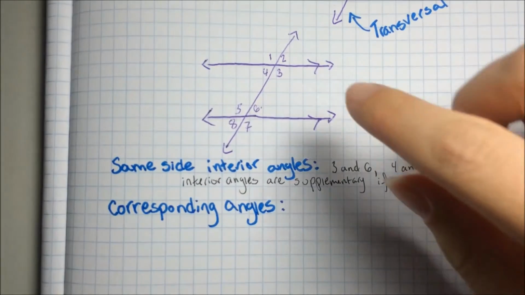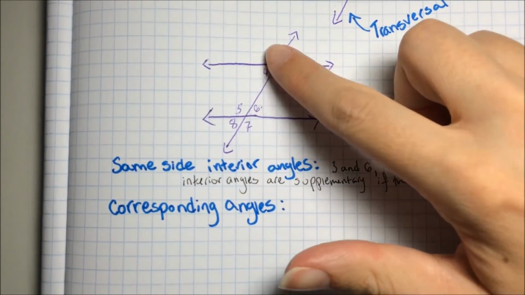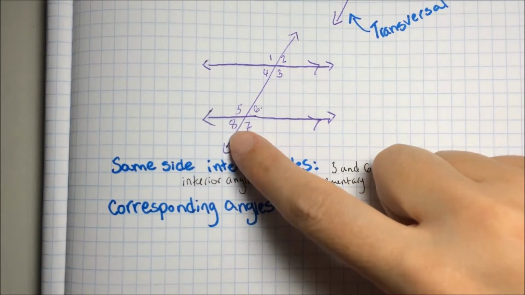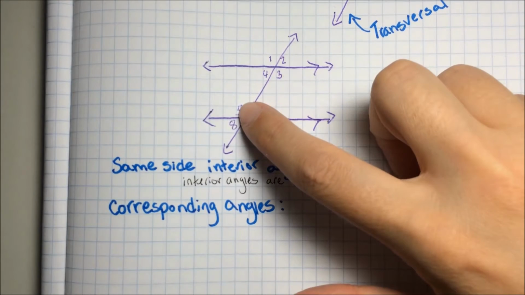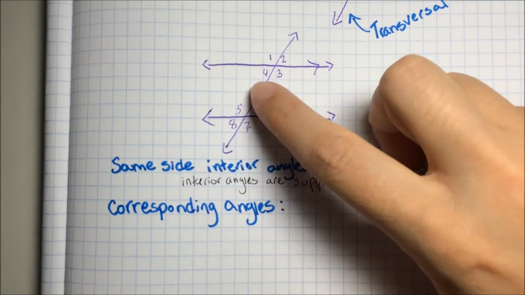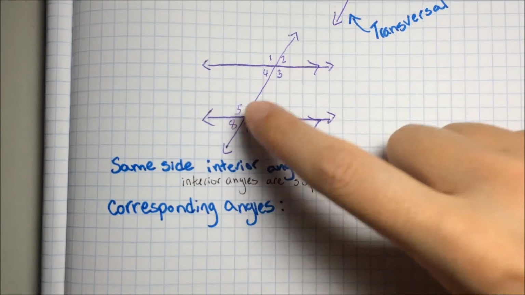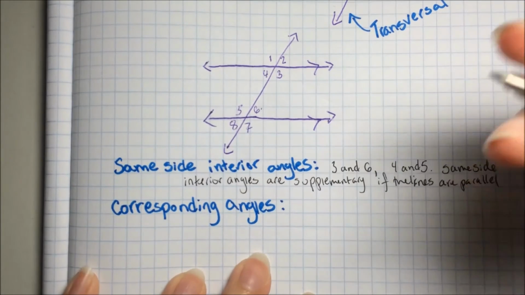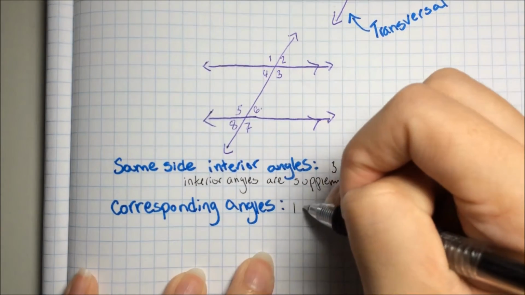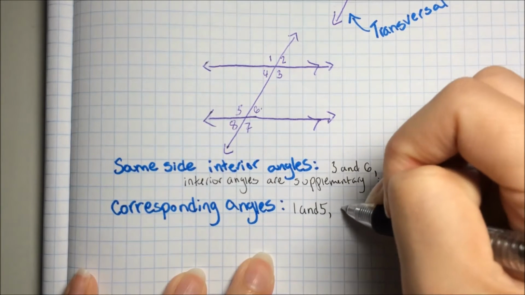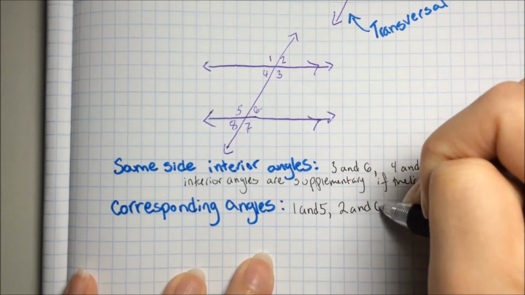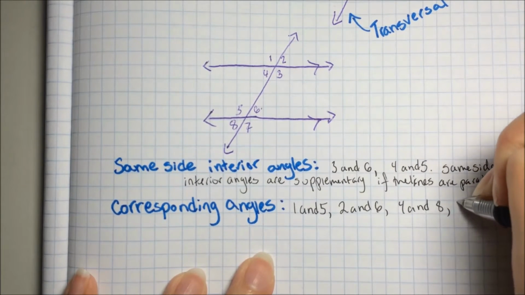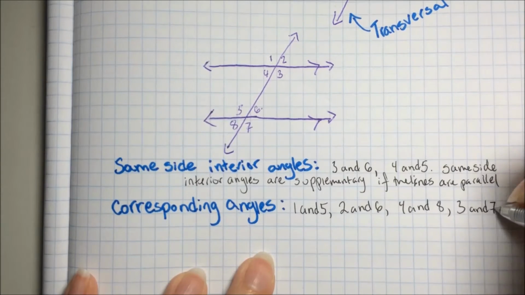But here's the idea. If you took this little batch of angles up here, 1, 2, 3, 4, and slid it down the transversal so that it lands on 5, 6, 7, and 8, 1 would correspond with 5, 2 would correspond with 6, 4 would slide down and correspond with 8, and 3 would correspond with 7. So those are our 4 pairs of corresponding angles. So 1 and 5, 2 and 6, 4 and 8, 3 and 7